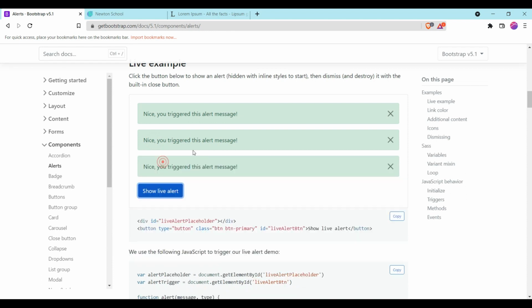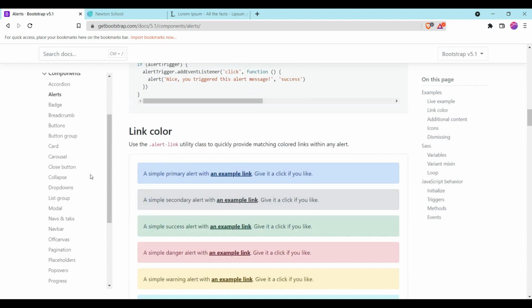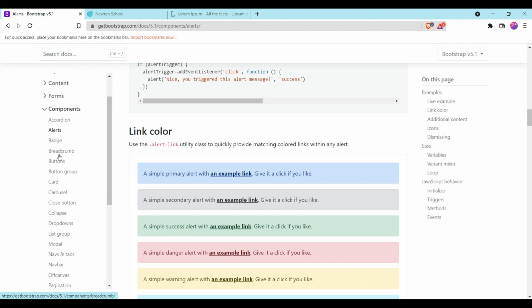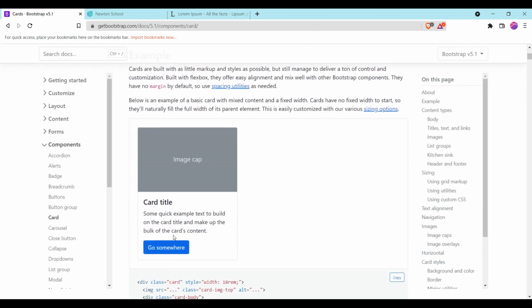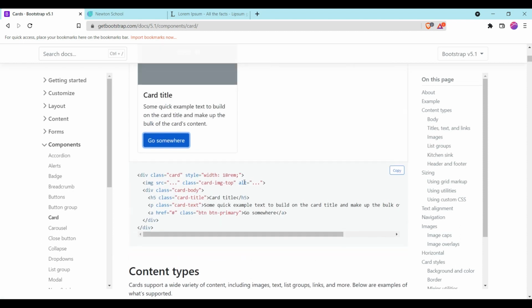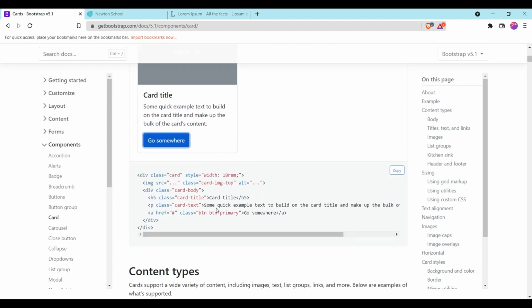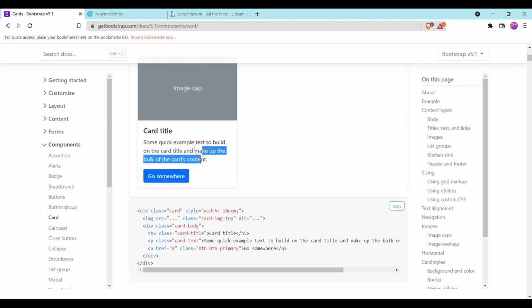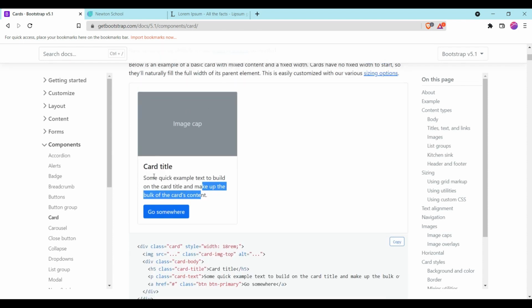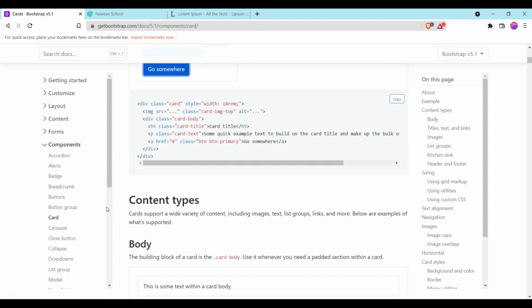If you click on it, this will open. You also get options like cards. You can see this card. If you want to use this, as I told before, you simply copy and paste this into your code, and as per your requirement you can edit the text and image of this as well.